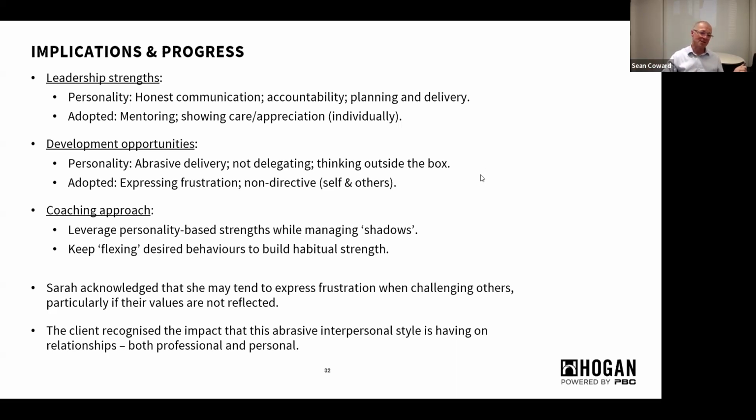So just a little update, since we all know Sarah so well now. Lee has continued the coaching program. Sarah's really acknowledged that these interpersonal issues that she was having, that she nominated up front, were at least in part caused by the fact that she is so direct and she does show a little bit of frustration on occasion. She even took the opportunity to reach out to some of these peers